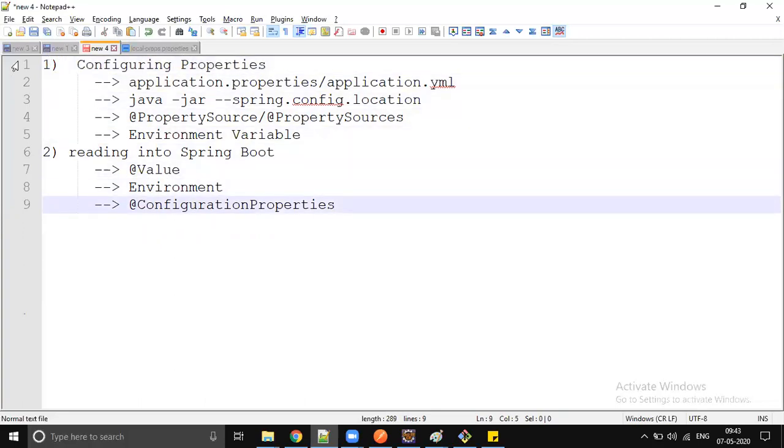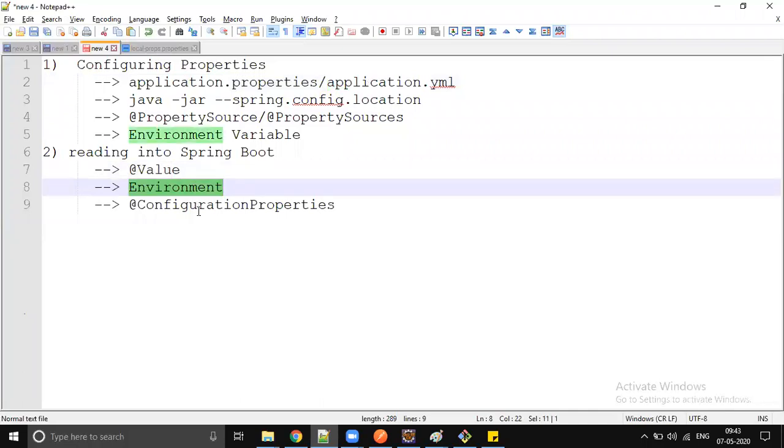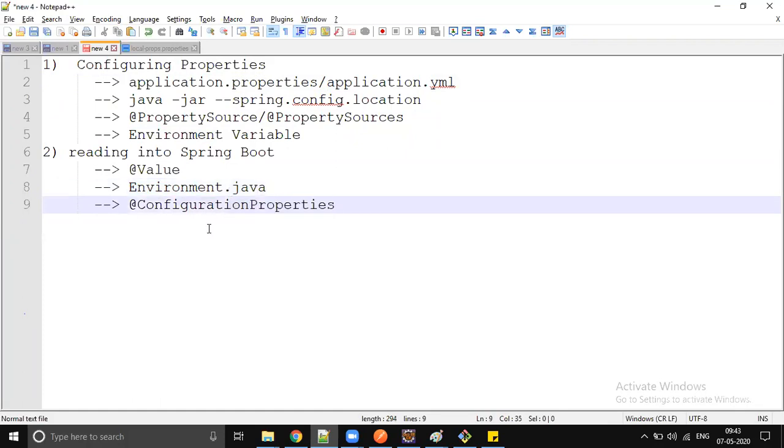Okay, so when to use @Value? If it is an individual value which is present inside application.properties or application YAML or any custom property file, then that can be loaded using @Value. If you want to load some system environment variable, @Value won't work. You have to use the predefined Environment Java class. Spring will automatically create an object for Environment. You just do @Autowired and things will work fine.